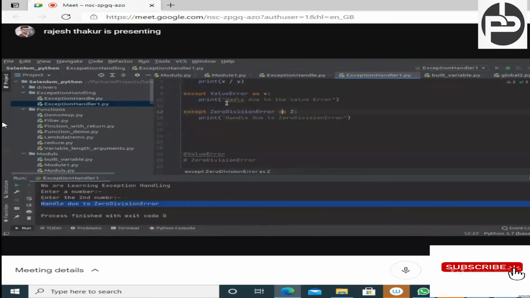And yes, you must be thinking, if the exception block can handle all kinds of errors, then why should we not use the exception block only? Boss, it depends on the situation. In this line of code, I know this kind of error will come, so it is considerable. If any other error comes, then we should notify the user and the developers, right? So we should not use the exception block every time. Whatever error you are aware of, that this kind of error will come, then we should handle it.